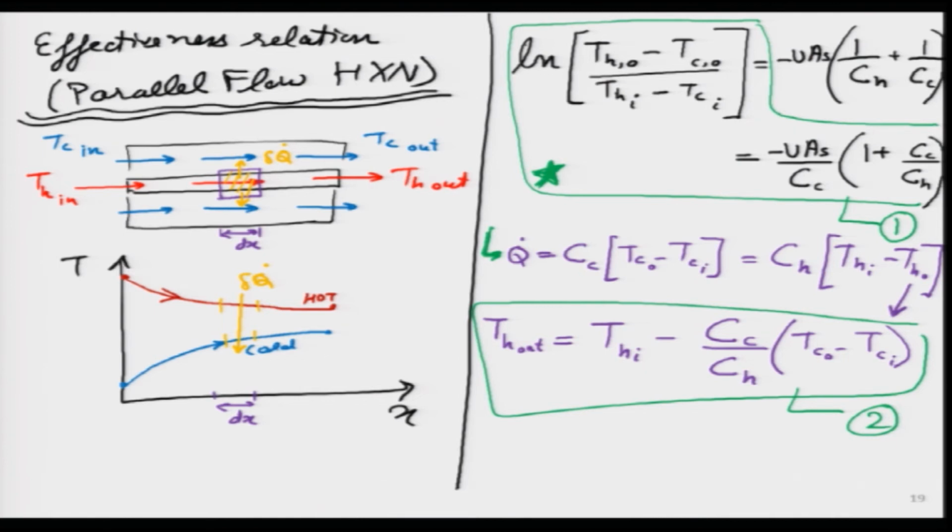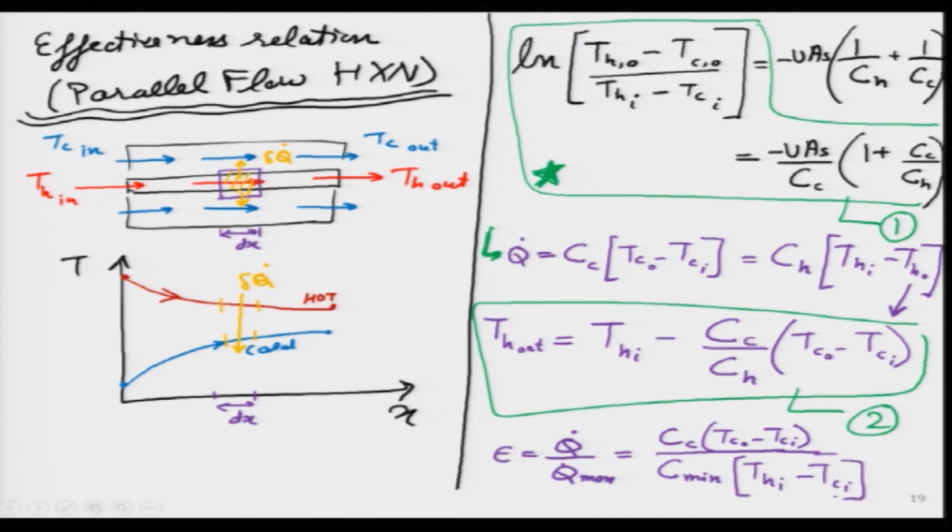Let me also write equation number 3, which I think you can recognize very easily because we just wrote it in the last slide. This is by definition for effectiveness. Now, what I am going to do is plug in these values over here. Q dot I can pick from here, either cold or hot, maybe I will pick cold. So, this is C c, T c out minus T c in, simply energy balance. What was Q dot max? C min, the minimum heat capacity rate, multiplied by T max. T max was T h i minus T c i, and this I will put again in a green box over here.